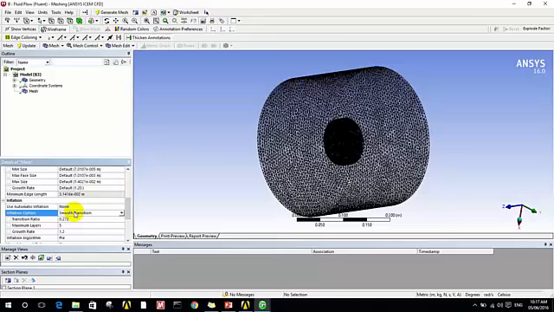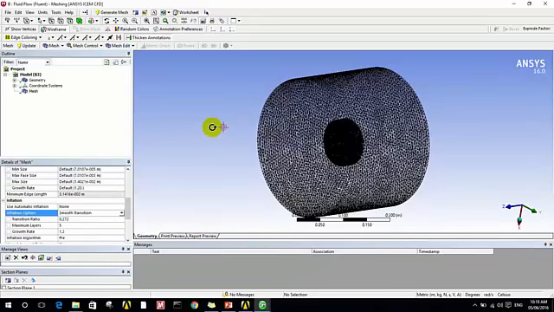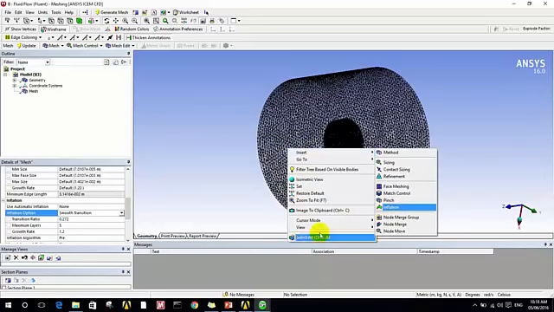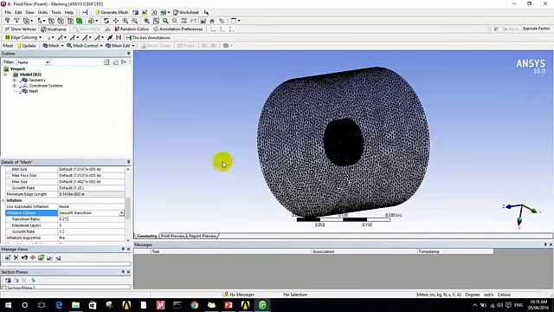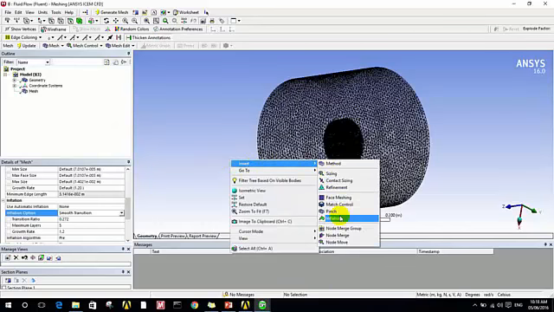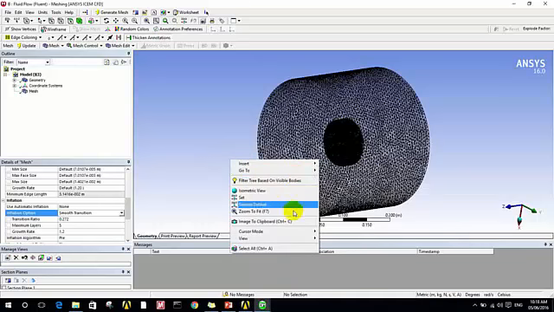Okay, now I need to select, just insert, or what is called cursor mode, face insert. Okay, not insert, it's